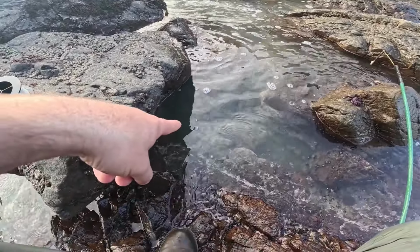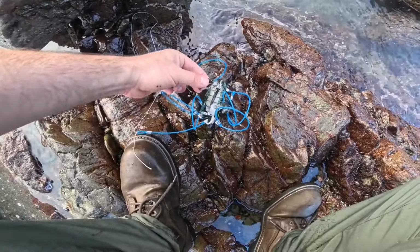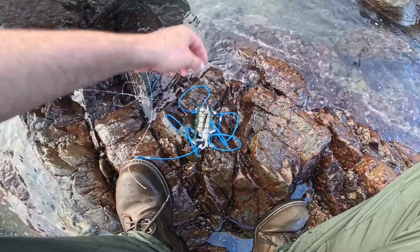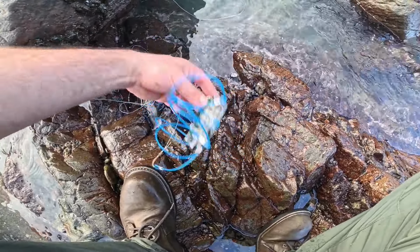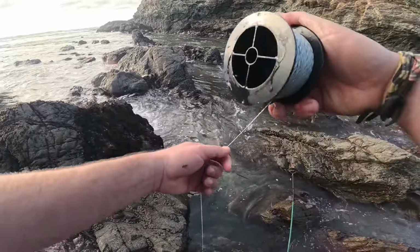Well, there's no giant crabs, but there are a lot of hermit crabs on it. Turban snail. Oh, no, it's a hermit crab. Not on the menu today, guys. Not today, but maybe another day. I don't know how well you guys can see that, but